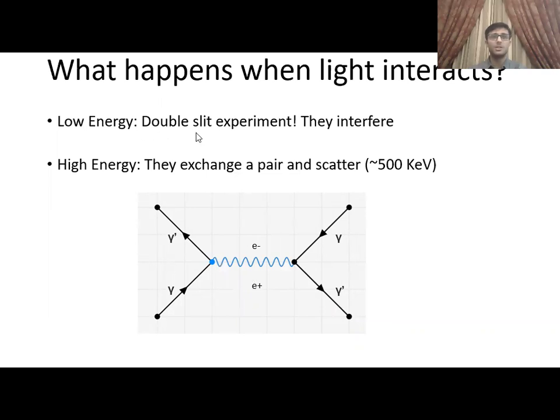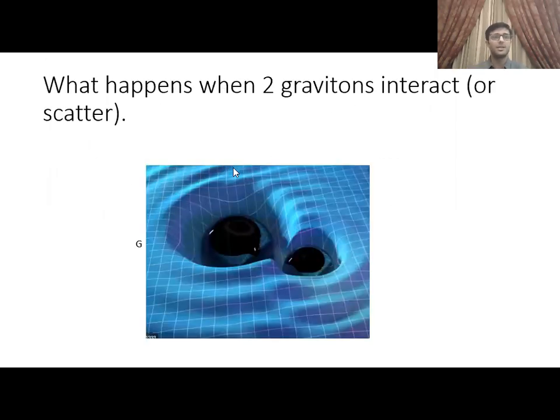At low energy, for example, if you flash two flashlights at each other, what happens? Take a time to think about that. And actually, nothing happens, right? The light just passes through each other. But at high energies, approximately at 500 kilo electron volts, the photons emit a positron and an electron pair, and they scatter. Similarly, we know that